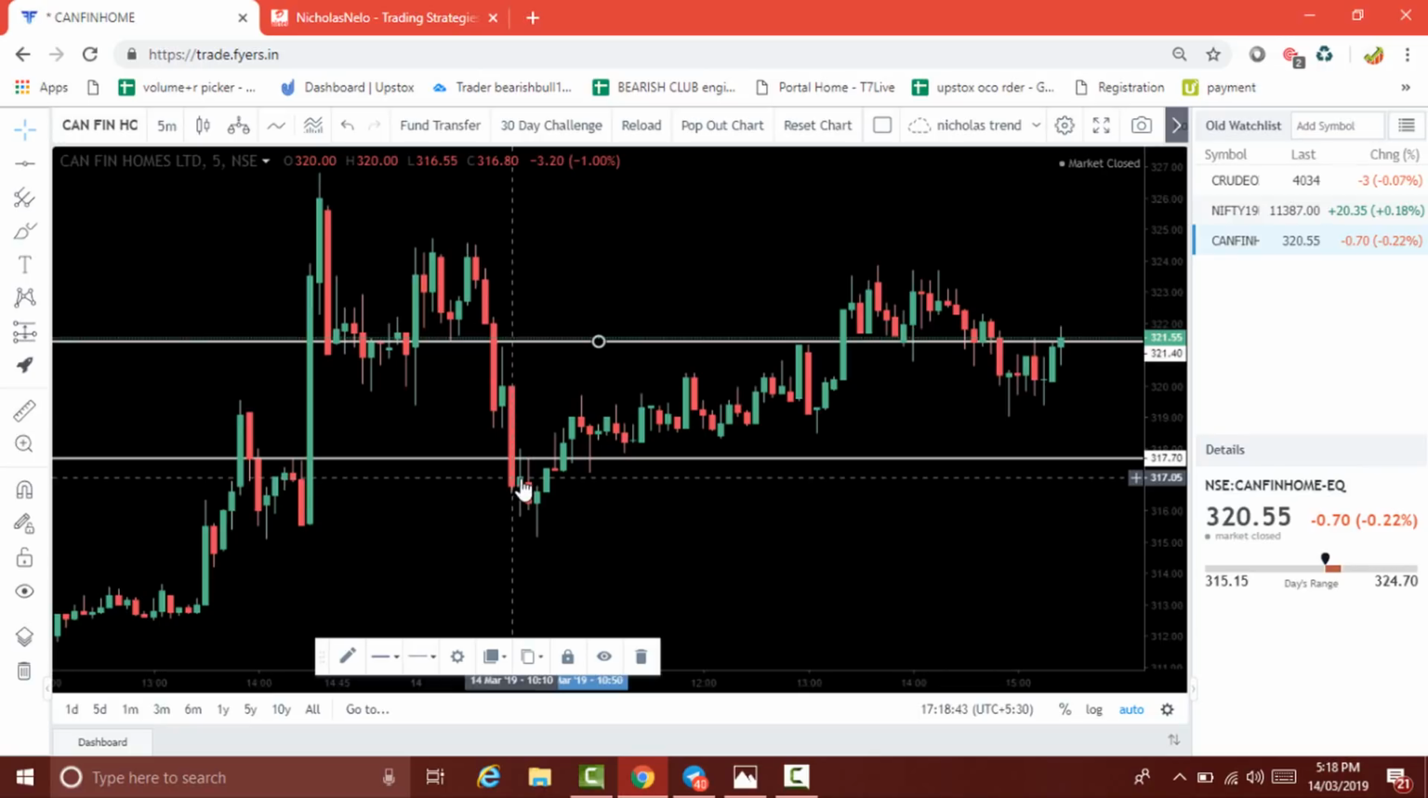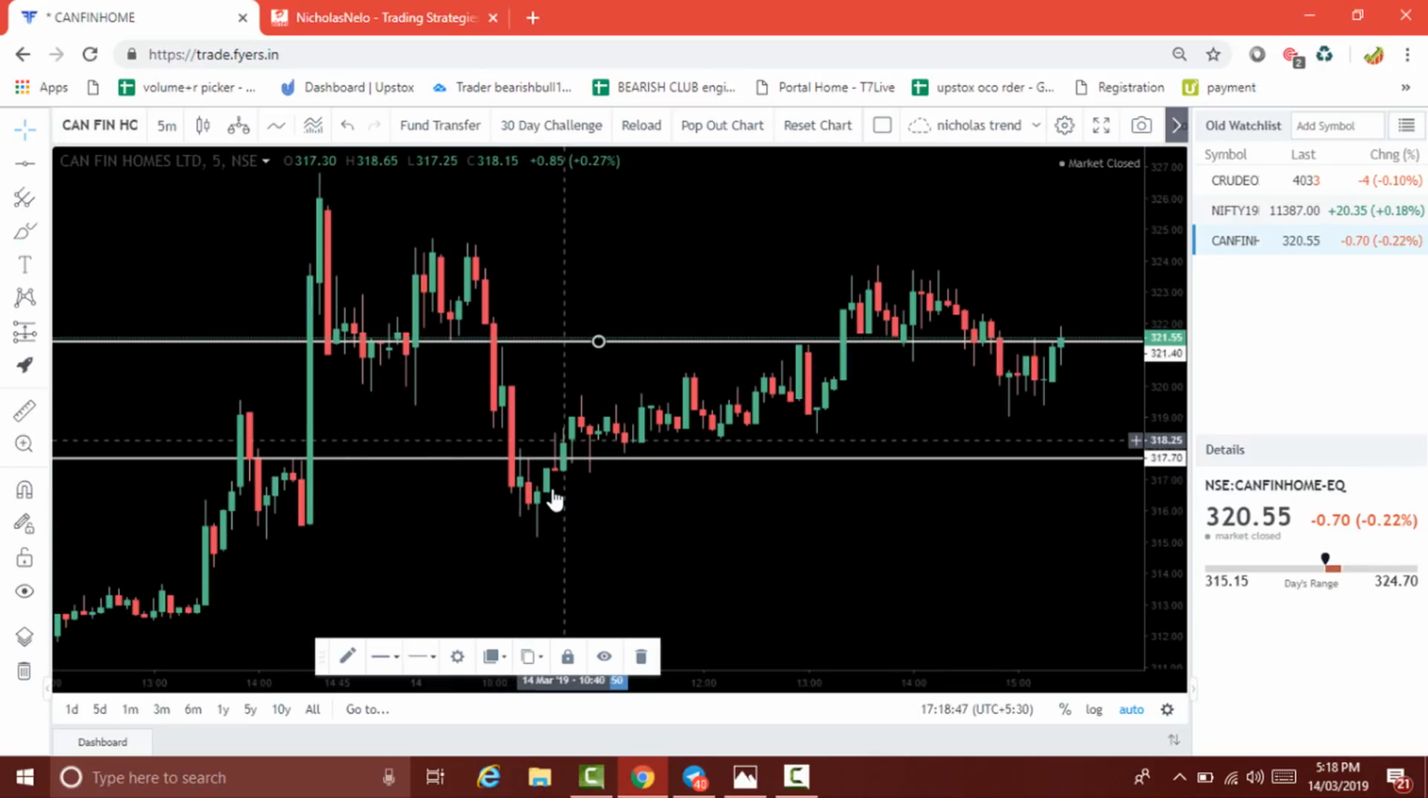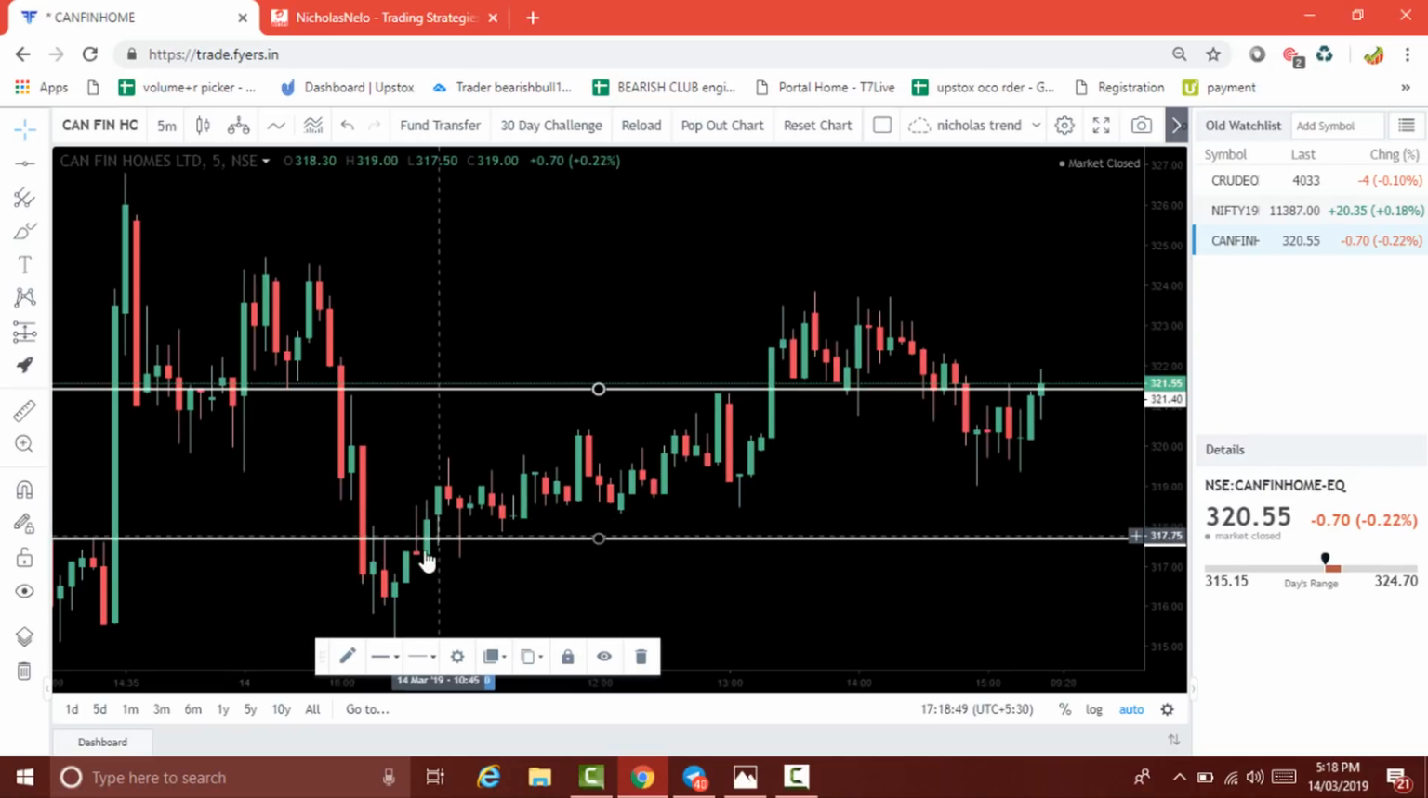So here we are going to sell, but it didn't come down. Instead it pulled back, and it closed above the support level. That means the market is in a buy trend. What you do is just cancel the stop loss and exit here, and again you go for buy. That means here we suffered a loss of